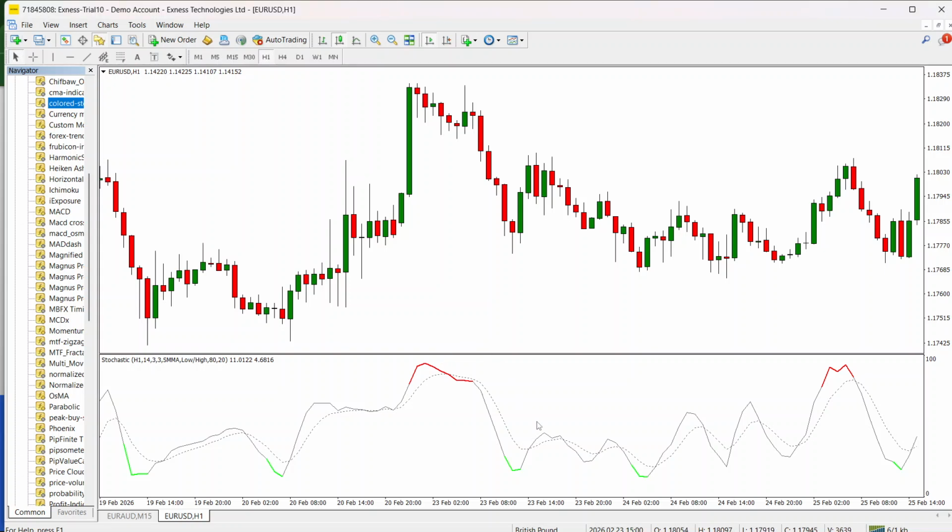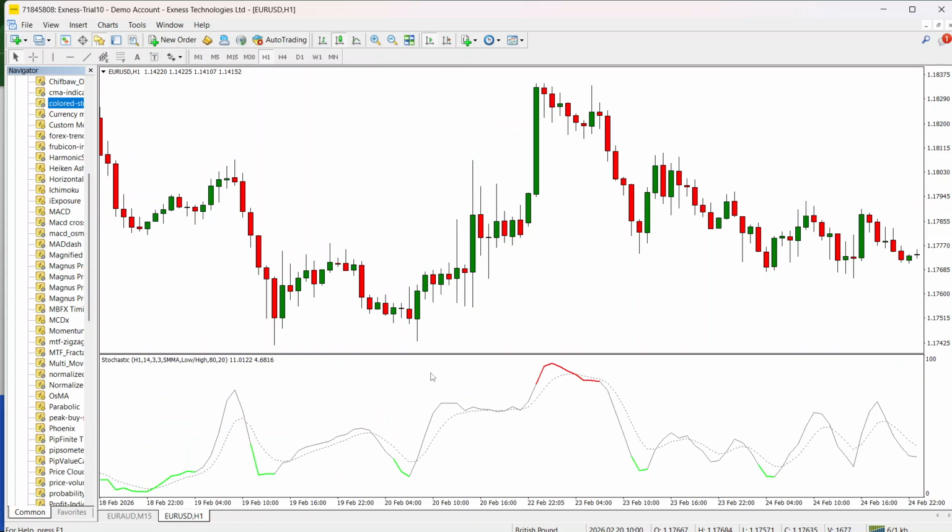And when readings are below the oversold zone, commonly 20, it changes color, which is green, as you can see on the chart, to highlight a stretch or a possible upside. This color coding makes it much easier to spot overbought and oversold states and potential reversals or pullbacks without constantly